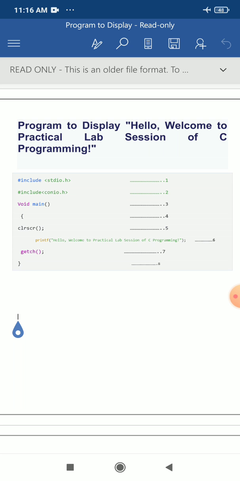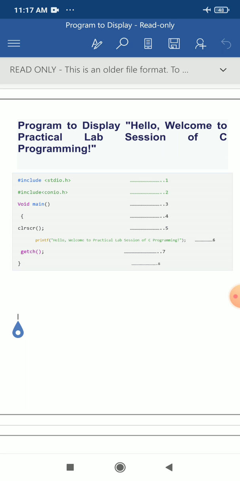Otherwise, if you execute your code without getch, your window will display the output only for a fraction of a second. So if we want to use these two main functions, that is clrscr and getch, then we require another header file that is conio.h, for console input output header file.